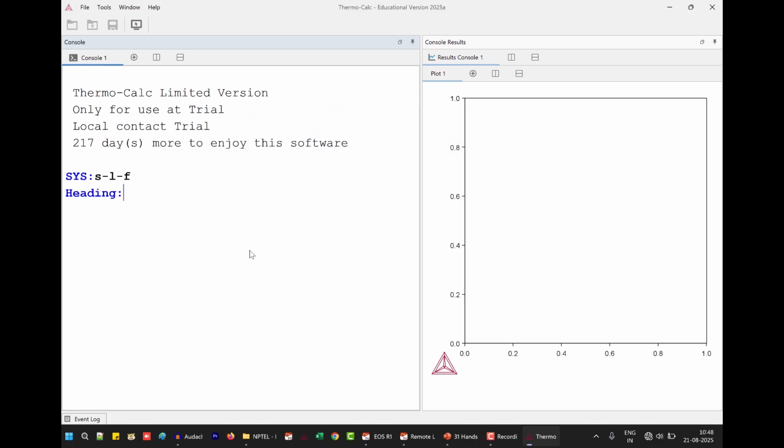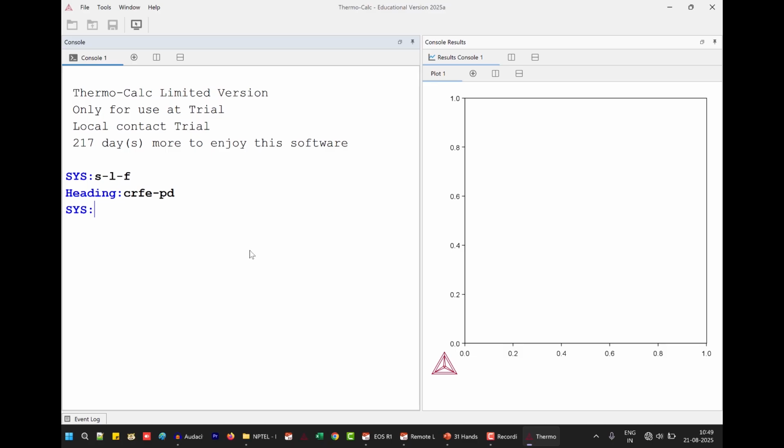Save. The heading is going to be CR-FE hyphen phase, I will type PD, phase diagram. CRFE PD. That's going to be our heading of the log file.